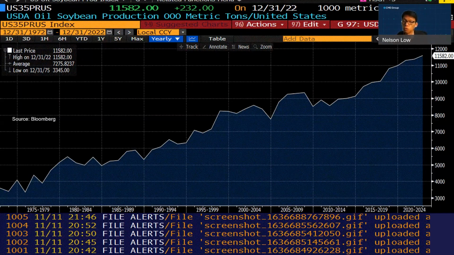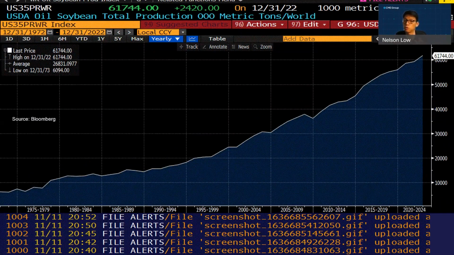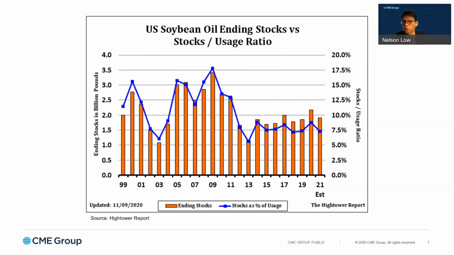So you see that the production has increased, and the same goes for the world. This is the same chart, but instead of just the United States, it's a chart for the world, and you see that the production has also grown dramatically. Now, obviously, many times in commodities, supply tries to meet demand. The main driver behind all this growth in supply is simply that demand has been out there asking for supply to increase. This other chart is a little bit busy, so I will try to explain it in a little more detail.